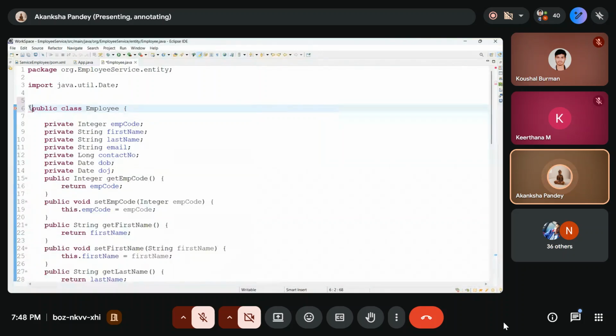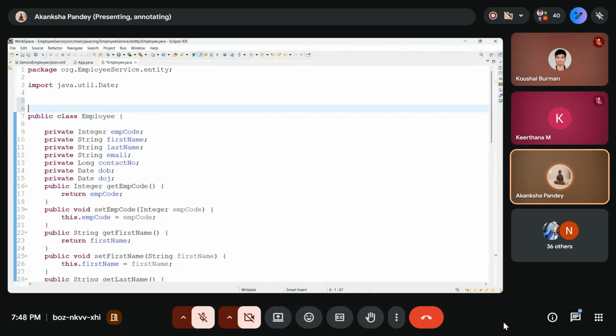Fine. Now we're done with the getter setter and all. Class is ready. And now it's time to ask Hibernate. These are the things required for the employee table, or whatever different table you will create. For them, we will ask with some annotations. For this employee class, we will ask Hibernate to create one table within the database, and for that we have to go for